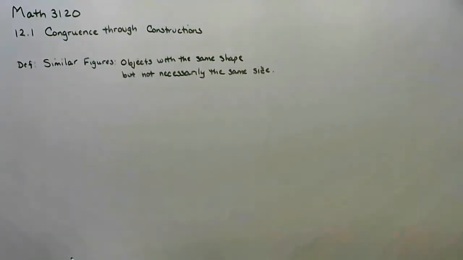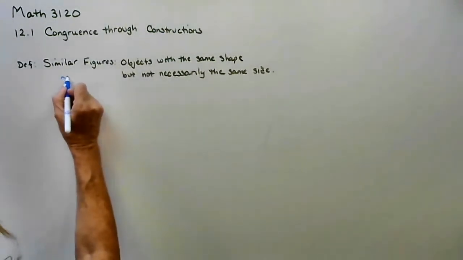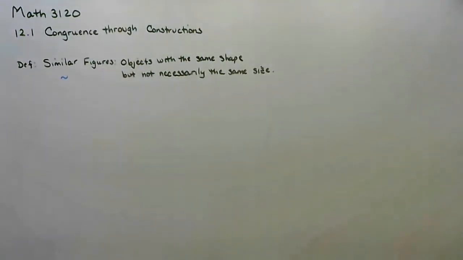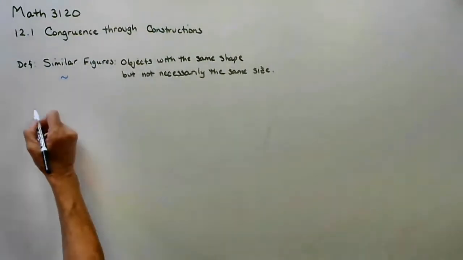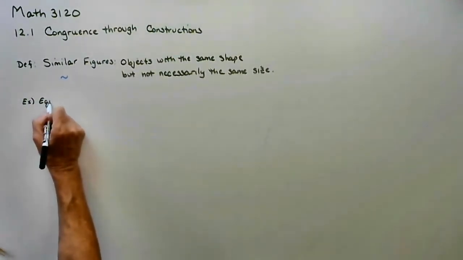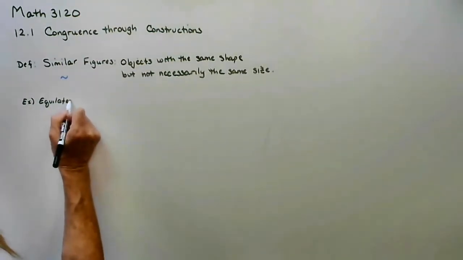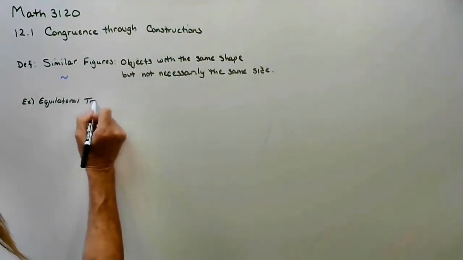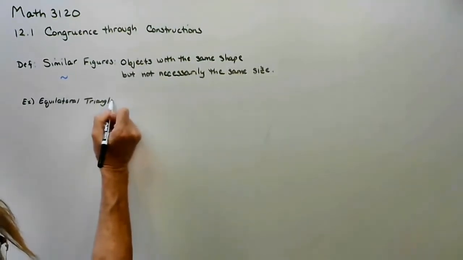Okay? The notation for similar is one squiggle. So that's what it means when you see similar. So for example, let's say I give you equilateral triangles. Okay, equilateral triangles